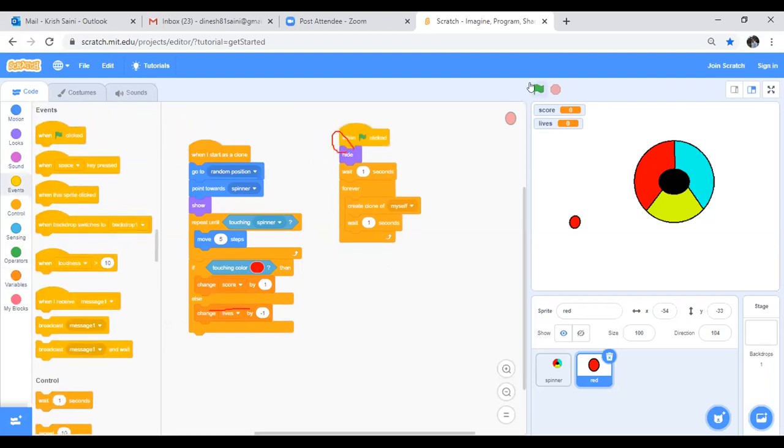Sir, if I even stop the code, my lives and score. Yeah, we have to set that lives. Okay, very good. It's changing, right? So now do the same piece of code for different balls also. There are only 3 balls, right? Yes, 3 balls, whatever colors we have.